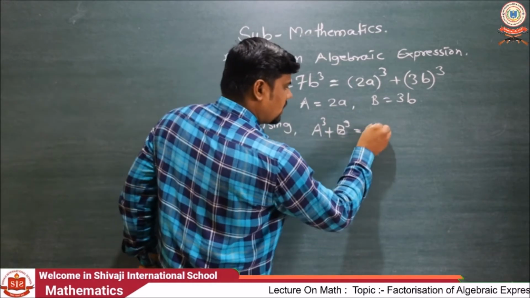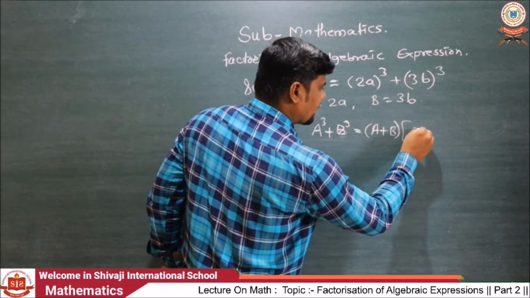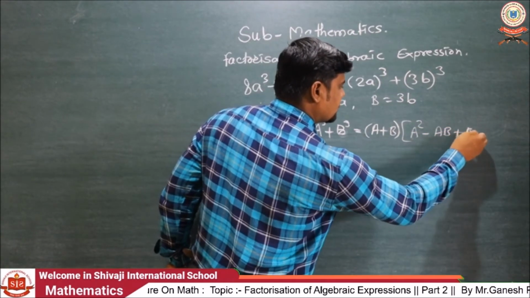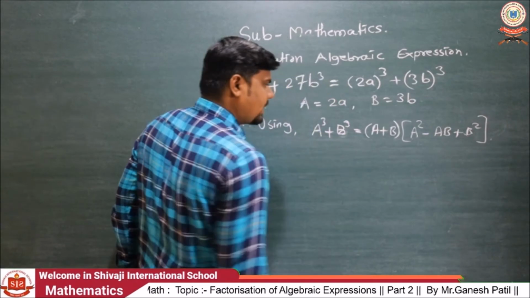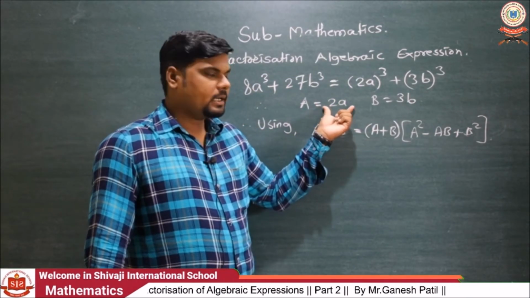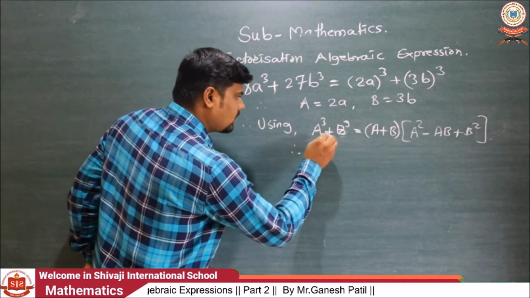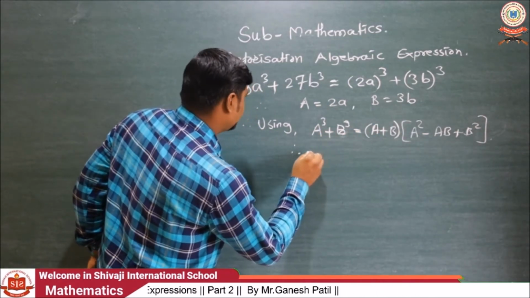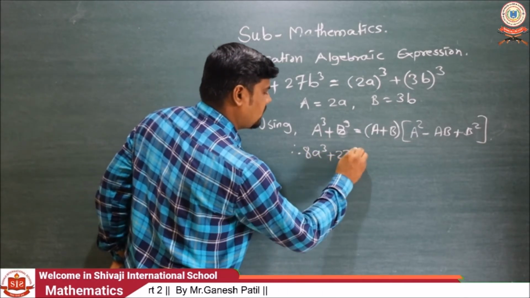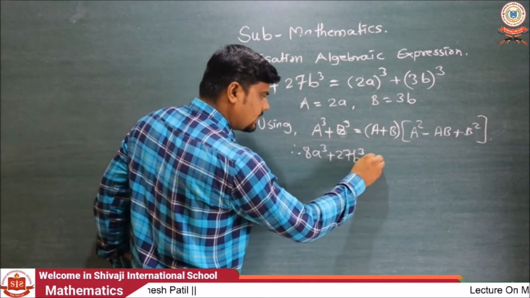equals (A + B)(A² − AB + B²). Okay, we have the value of A as 2a and B as 3b. Then write down the original example 8a³ + 27b³, which is equal to